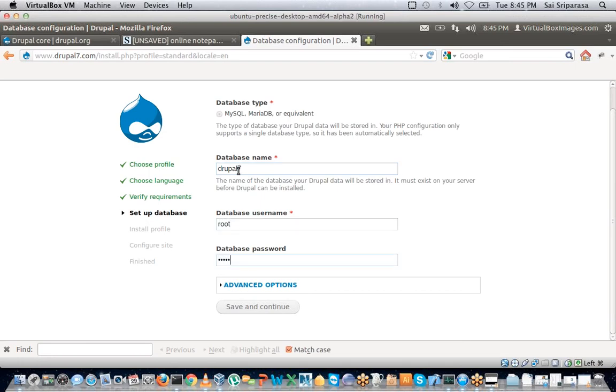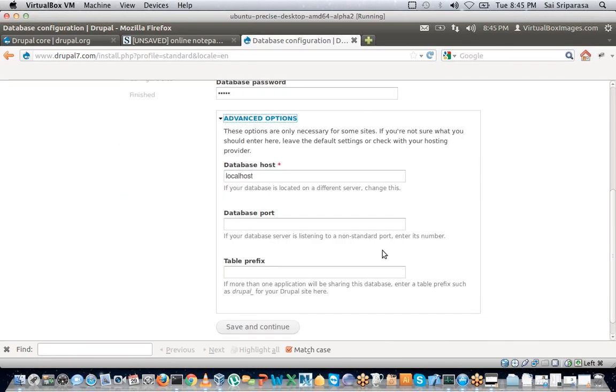We'll just put in Drupal 7, root, admin. And there are other options that we can give, assuming that this is on a remote server. Assume that you are working on the Amazon cloud. At that point you might have your web server on one box. This is how it works in real time: everything does not live on one system. The web server lives on one system and the database lives on another system. So at that point you'll have to give in the database host.